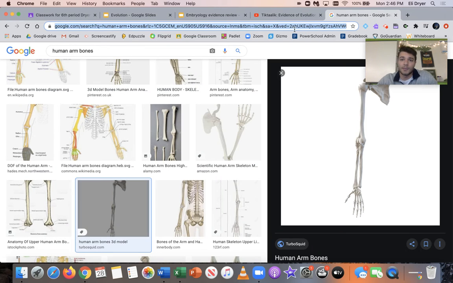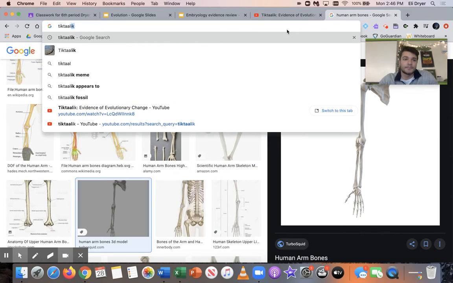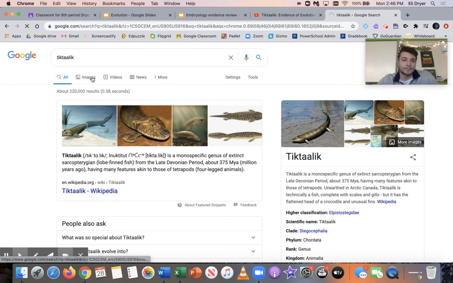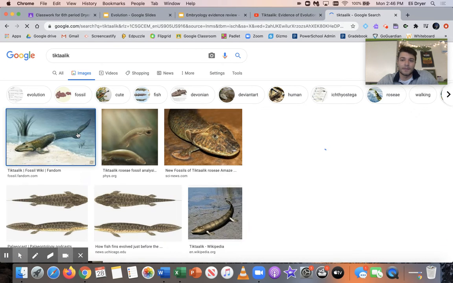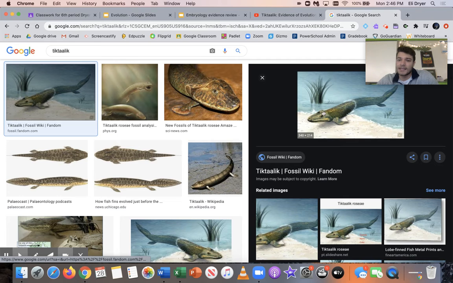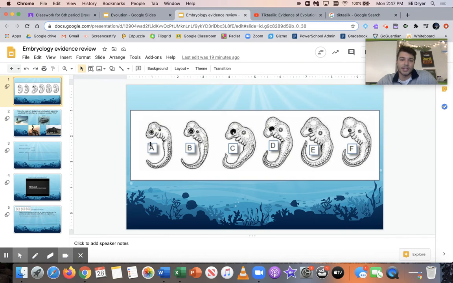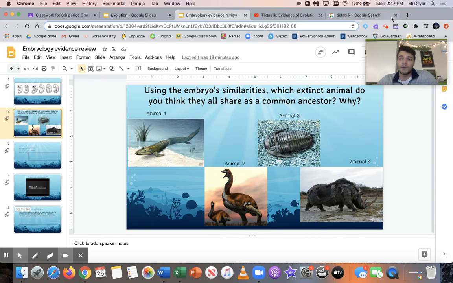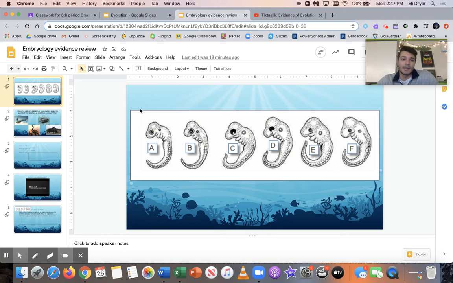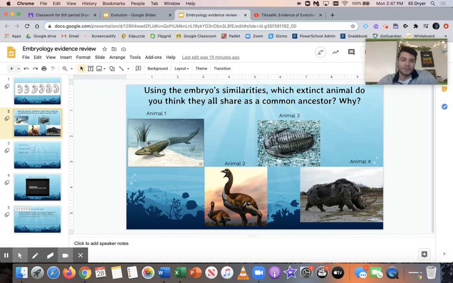And let me pull up a video of that, or an image. Here's a bigger image of it. This is Tiktaalik. This is the common ancestor between all of these animals. The chicken, the fish, the salamander, the pig, the human, and the rabbit. All common ancestors. And we knew that because the embryos all have similar characteristics that look basically the same as